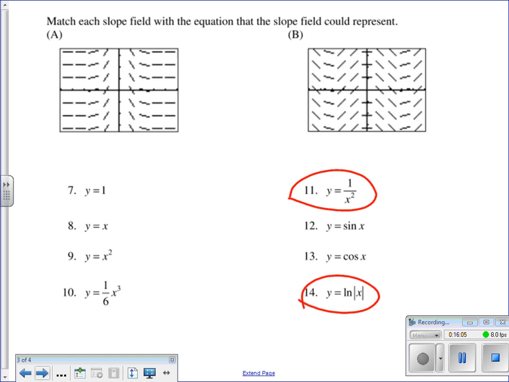Okay? Sine, cosine doesn't seem to work. So the question is, does this look like a logarithmic equation, or does this look like x squared? Okay? What is the natural log of 1? 0. So when I put in 1, do I get 0? No. So it's not that, which leaves us